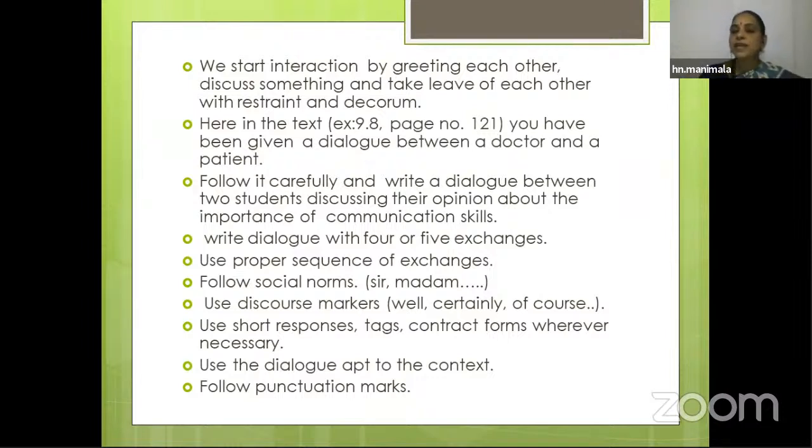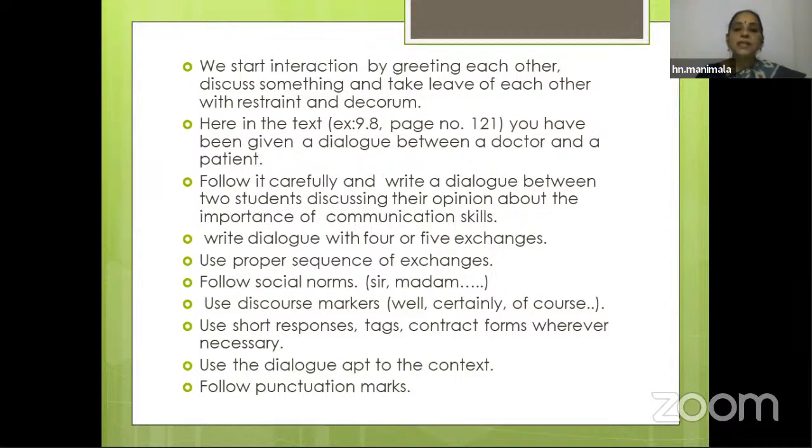At the end we say bye, like this, or okay, well, see you next day, or see you, bye. Like this we say generally. So bye, see you, sir. Meet you again, sir, like this. Suppose you are meeting a person who is an elder to you, or having some profile, he needs that respect there. So with restraint and decorum, we have to follow the social norms, the social customs that we have.